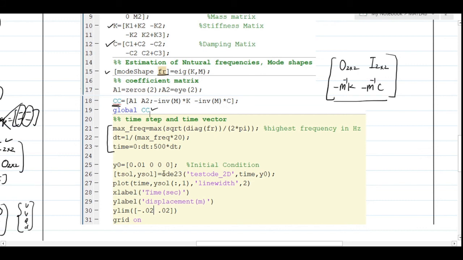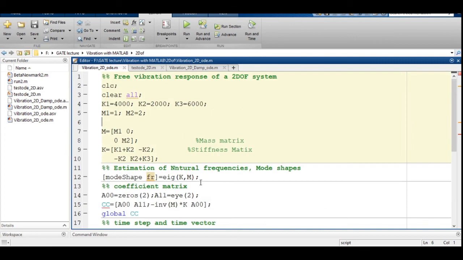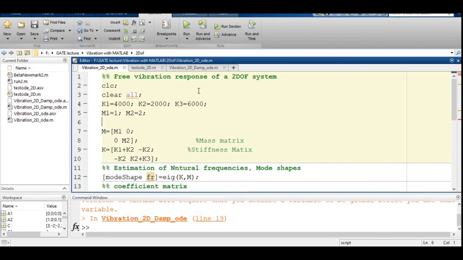So we will try to see the response of both the codes in the MATLAB environment. So let's move to the MATLAB environment and solve the problem sequentially. This is your first code, where we are trying to solve a problem of an undamped system for the free vibration case. This is exactly the same code we have just seen. So without delaying, I am just hitting the run command to see the response of your system.